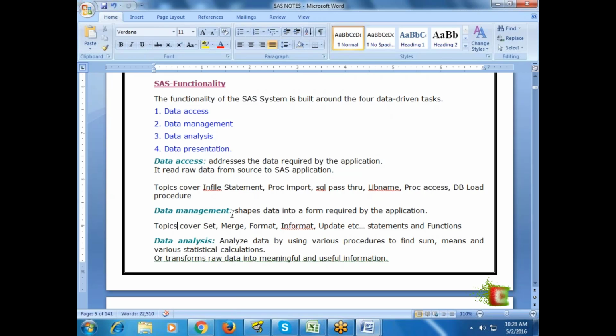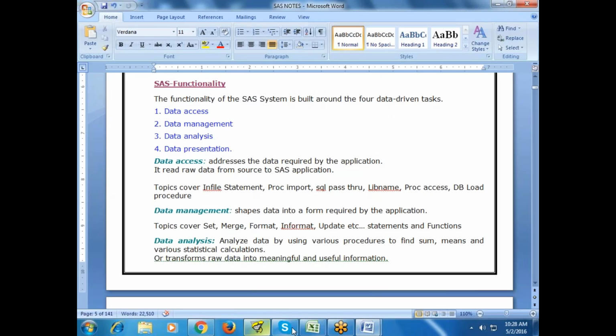So simply, I told you, rearranging data as per your requirement. Here the topics we are going to cover are set, merge, format, informat, etc. These are only a few basic concepts, we will go into much more detail. Apart from this also, we go much into detail.